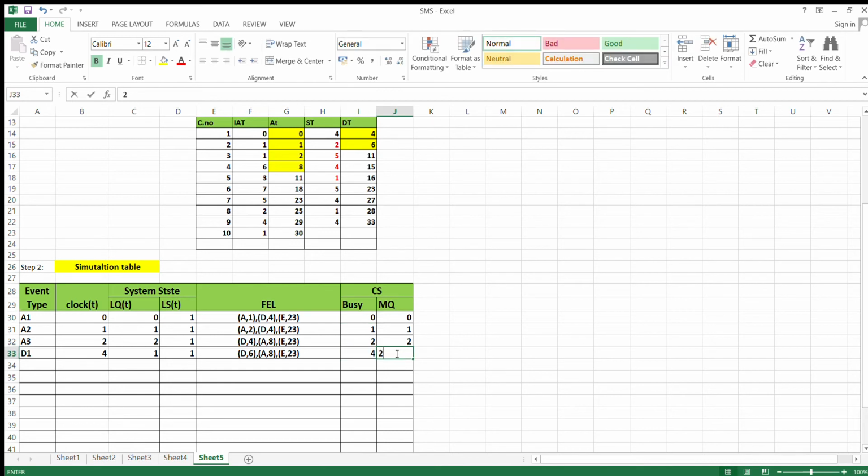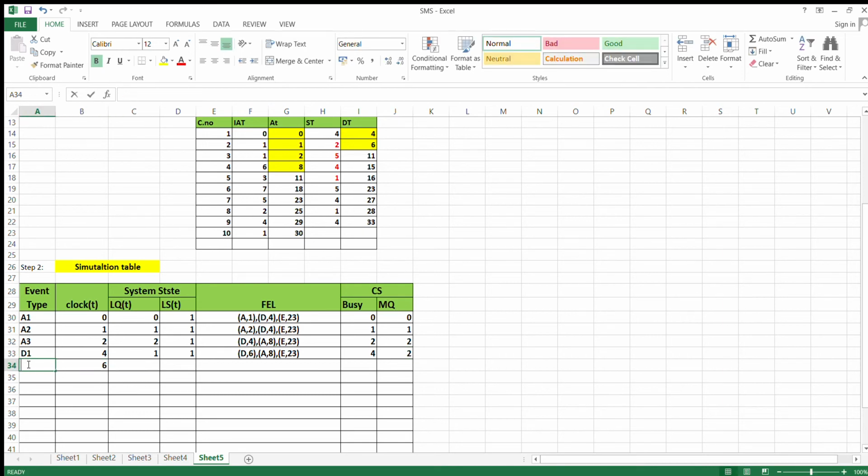Maximum queue is 2. Okay, even though the number of customers waiting in a queue is 1, the maximum queue is 2. This maximum queue gives the overall system simulation. How many customers are waiting? Up to 4 clock cycles, the maximum waiting customer is 2. So there is no chance of decrement. Okay, it is only a chance of increment or keep the previous value as it is. So minimum is 6.